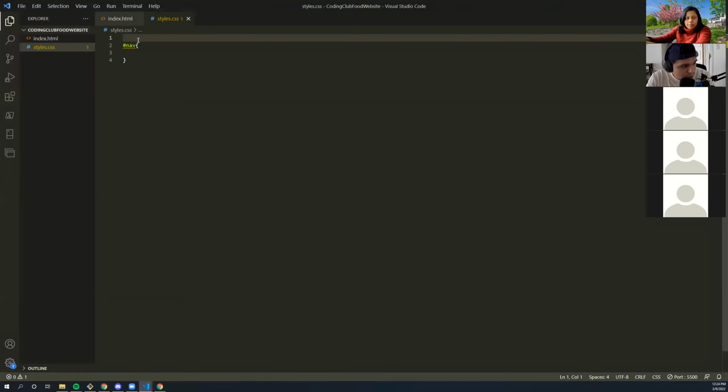Does anyone know how I can select a generalized tag? Like if I want to select all of the H1s or all of the ULs, or say I want to write a style just for the body, how would I do that?